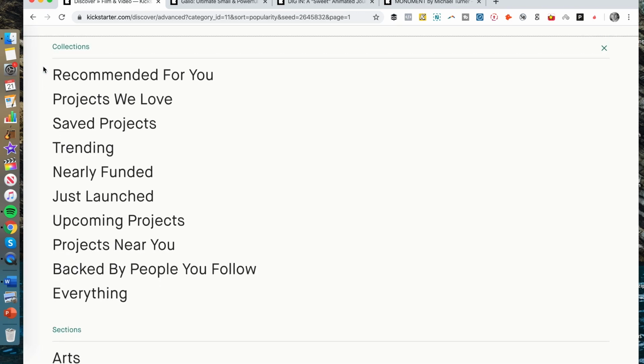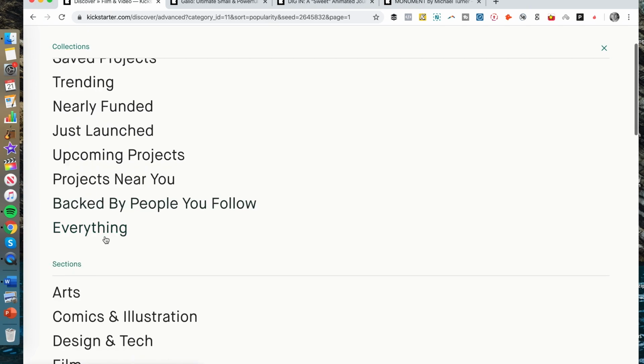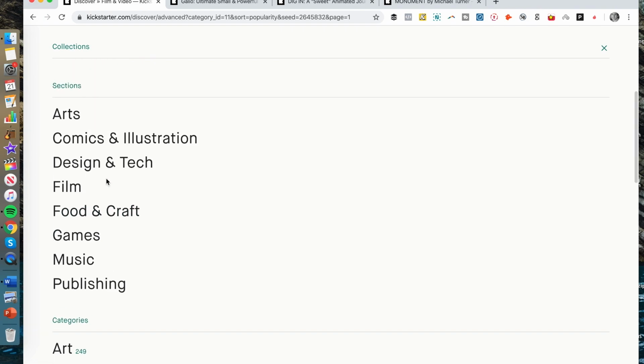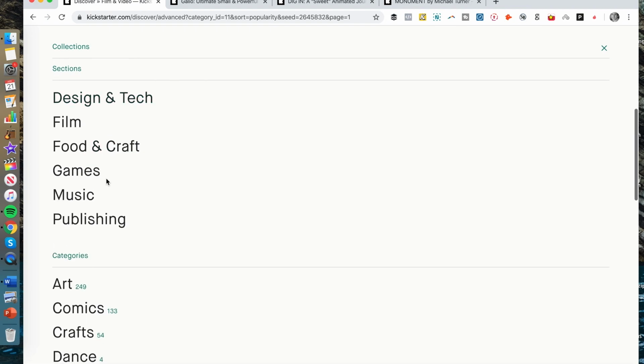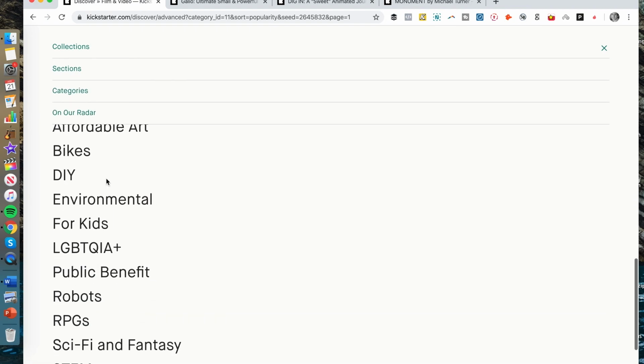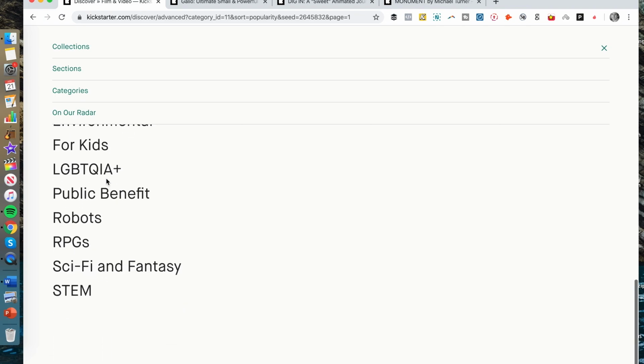We can also go here on the upper left and see some of the other projects that are trending, nearly funded, just launched, upcoming, the similar starts that we have, backed by people that I follow. So if I create a user account and I'm following other people, you can see some of the projects that your friends are interested in. You can also go a little bit more deep into the different sections: gaming, music, publishing, film, design, and tech, as well as some of the other ones on our radar. So like DIY, affordable art. These are kind of more niche